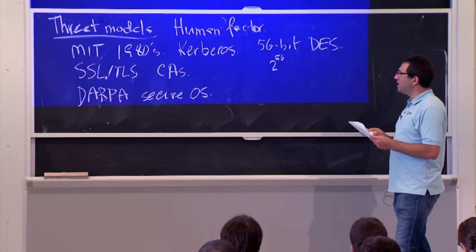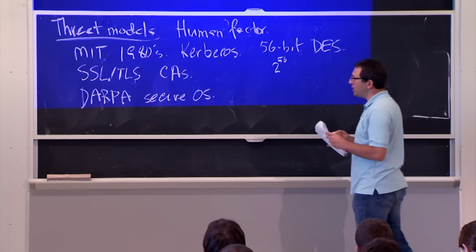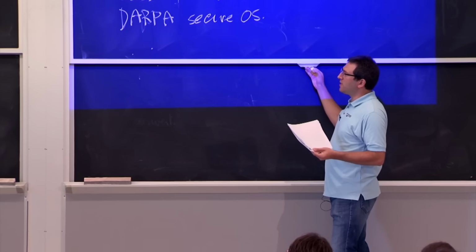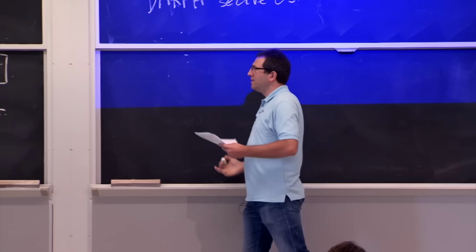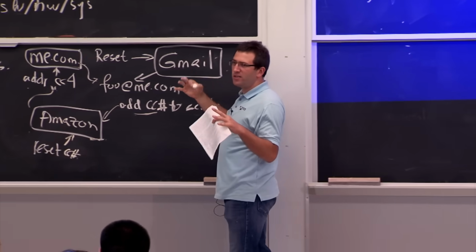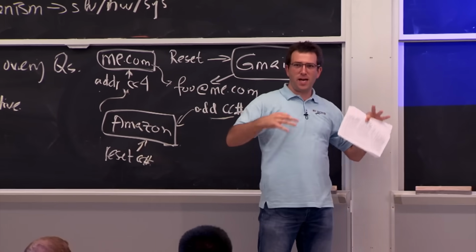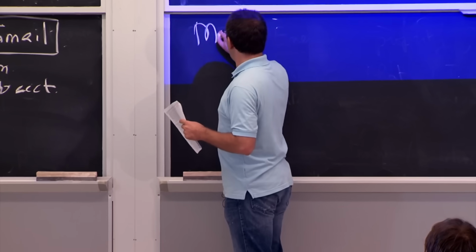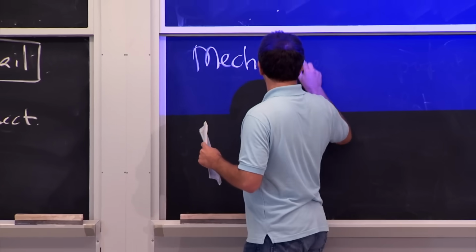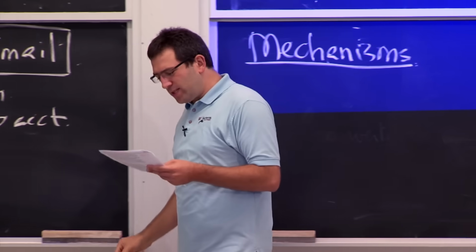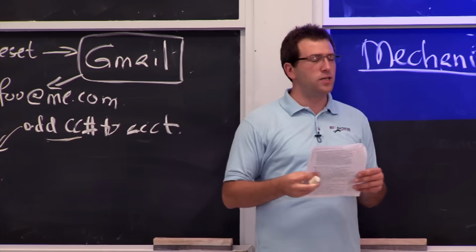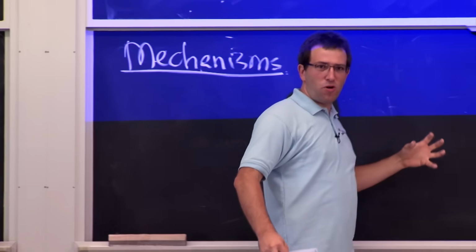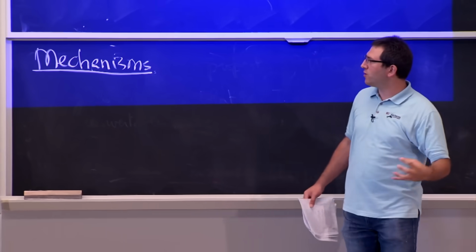Probably the most pervasive problem that shows up, of course, is in mechanisms. And in part, it's because mechanisms are the most complicated part of the story. It's the entirety of all the software and hardware and all the system components that make up what is trying to enforce your security policy. And there's no end of ways in which mechanisms can fail. And partly as a result, much of this class will focus pretty heavily on mechanisms and how you make mechanisms that are secure, that provide correct enforcement of security policies.